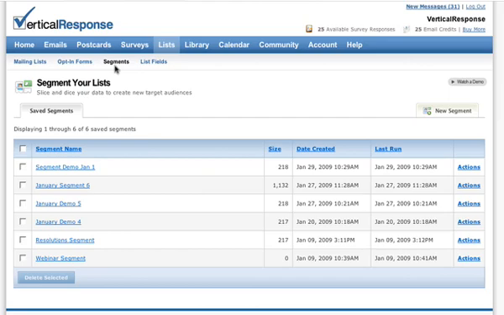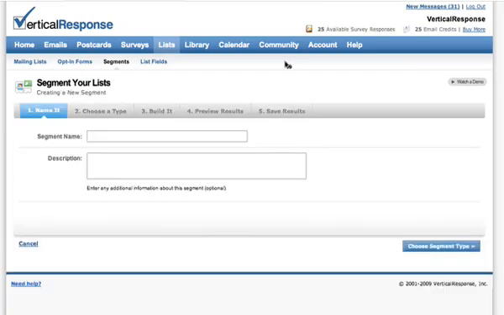So let's say, this is the example I always use, I'm going to have an event in Nashville, and I only want to invite people in my list who are in Tennessee or Kentucky to that event. I don't want to have to go through that myself and find them. Here you can just come to segments, create a new segment, and then you set up a search for just the people in your account who are in Tennessee or Kentucky, or people who are in a specific list or a specific set of lists who are in Tennessee or Kentucky, and then it will find those people, create a new list of just those people, and then you can send your email out to them. You can do a number of other things in here too that I quickly